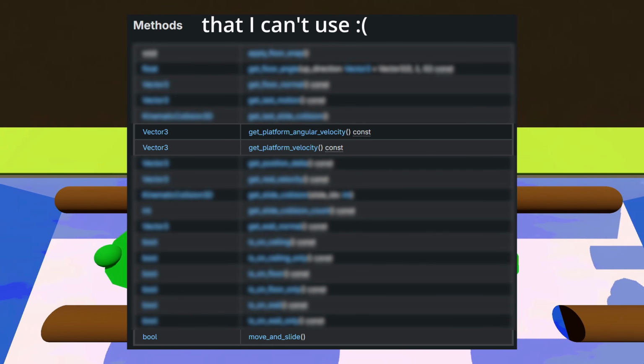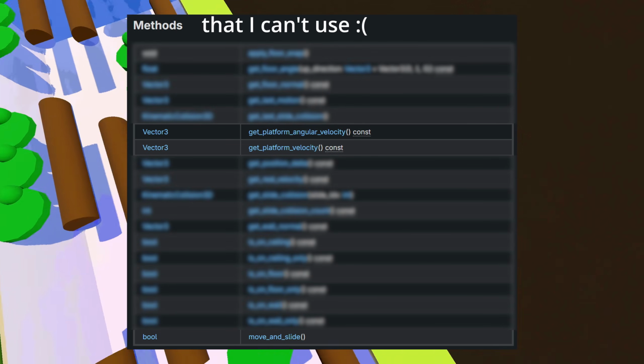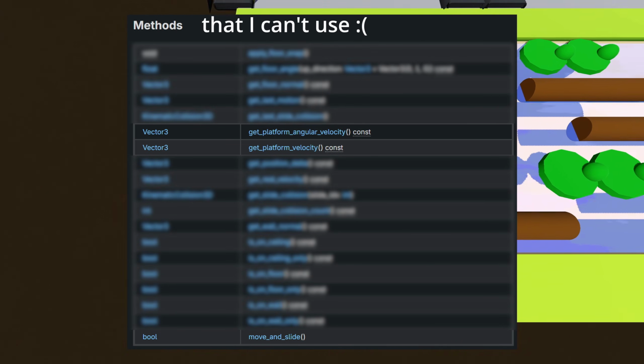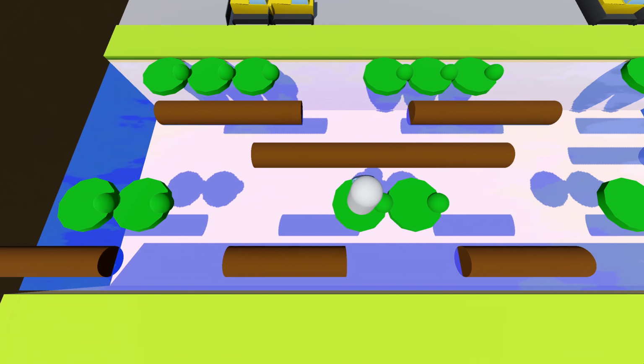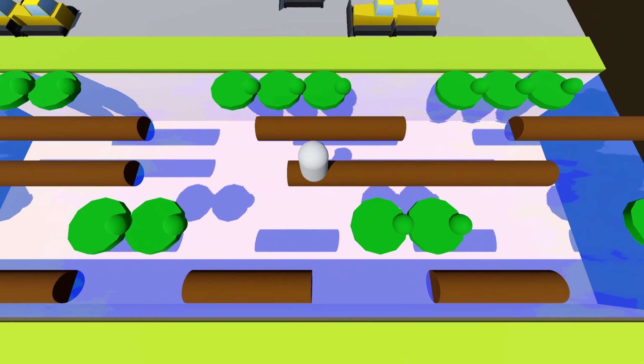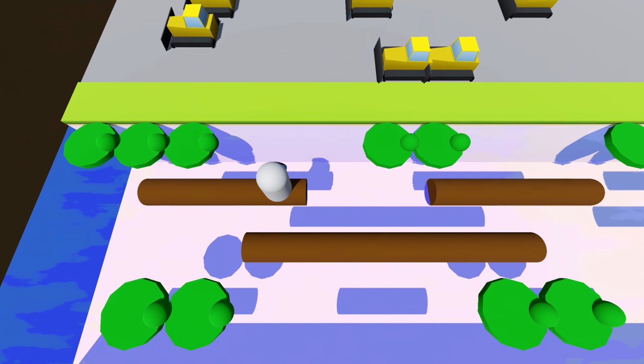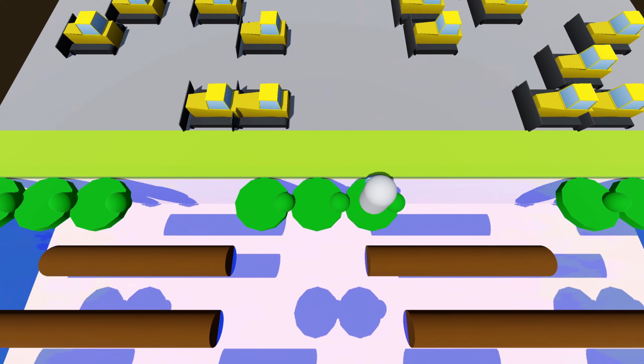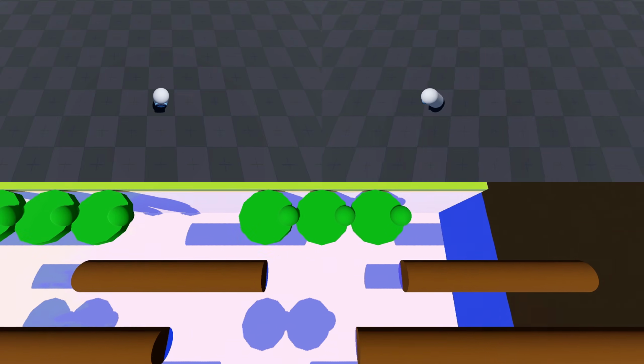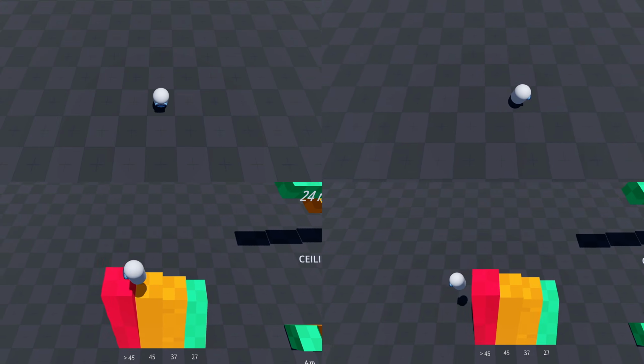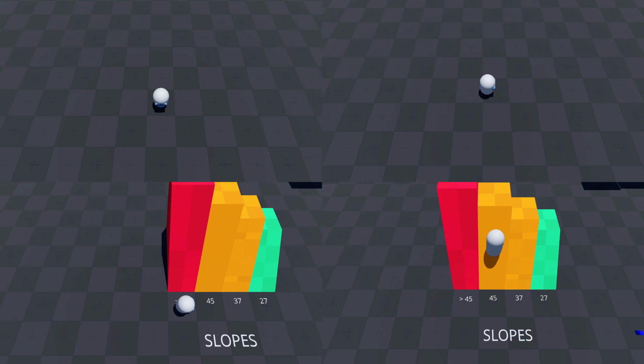So I can't use any helpful methods built into the engine like move and slide to help move my player. Instead, I have to implement that logic myself. Last video, I showed you guys how I got my player set up with a state machine, so now it can perform basic movements such as idling, moving, jumping, and falling, and it also responds correctly to its environment, such